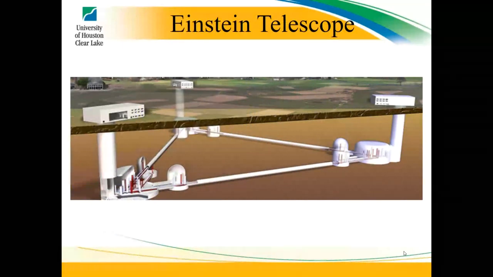And then this is a new one that they're developing called the Einstein Telescope. The basic idea here is to take a lot of the lessons learned from LIGO and advanced LIGO and VIRGO and all the other ones, and create a gravitational wave interferometer underground. You can see it's a triangle, not just two arms, so it can detect the gravitational waves and coordinate its own signal.